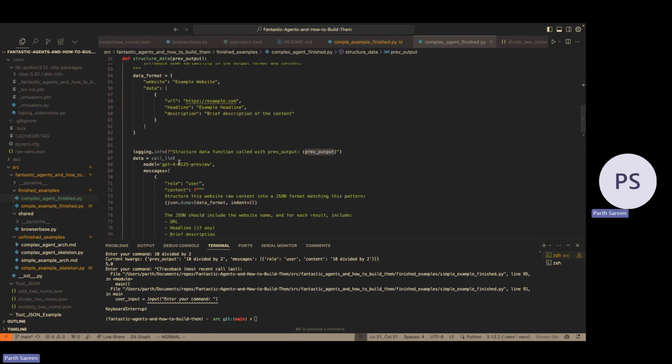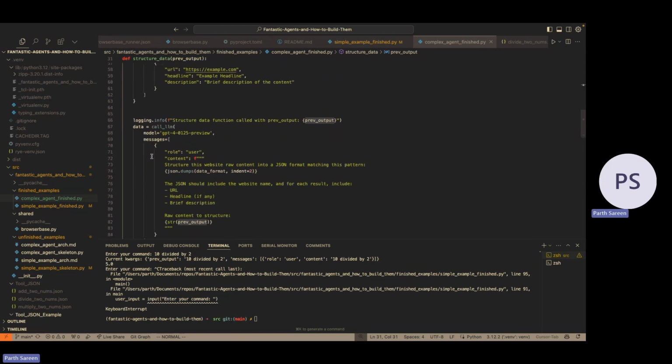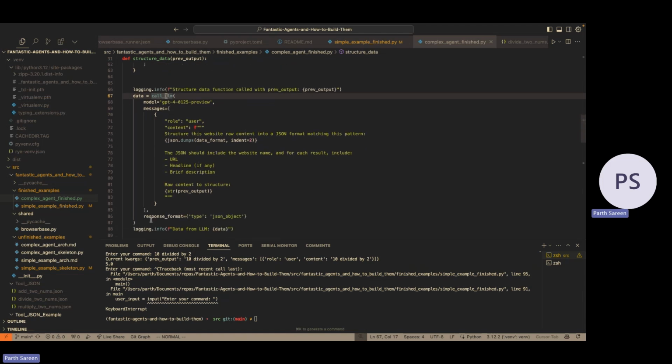Aside from that, this is the next most important thing I can tell you guys about using Dagent for data structuring. So it's just calling an LLM. This is not very particular to Dagent, but I would highly recommend using response type of JSON because you're able to structure data very, very nicely.